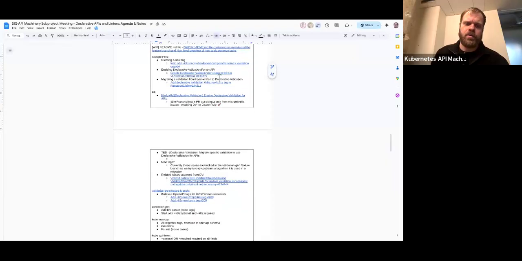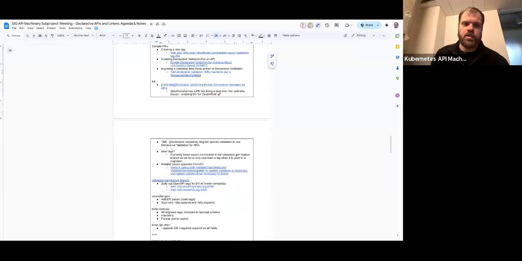Similarly, and this is actually what Pranchal went on to do, so thank you for that. We decided initially in the rollout for declarative validation that we were going to focus on targeting, so when we would add tags to an API, we would register that type for declarative validation immediately.